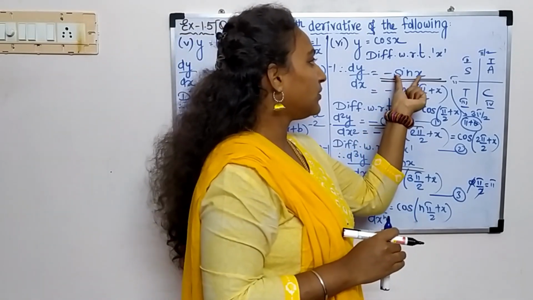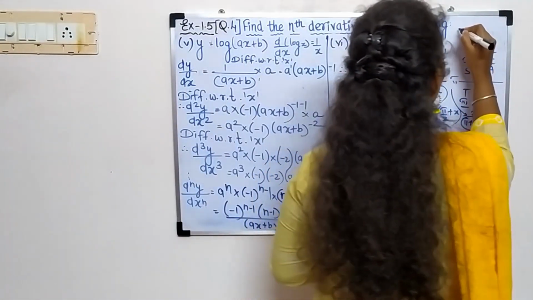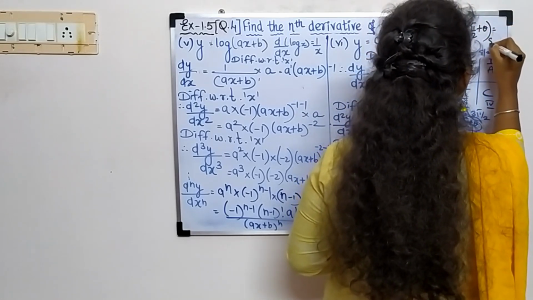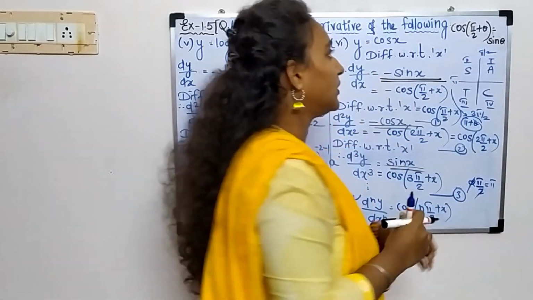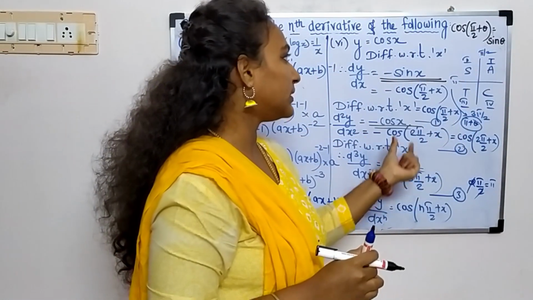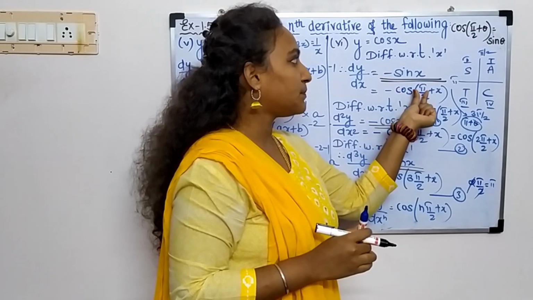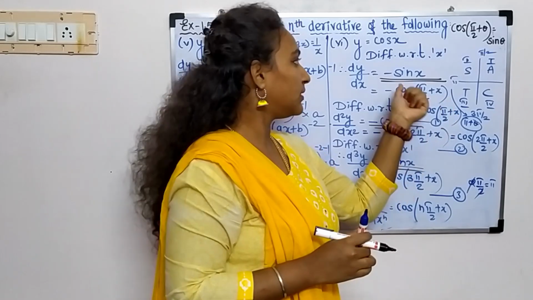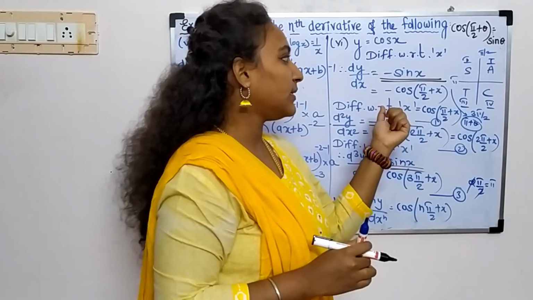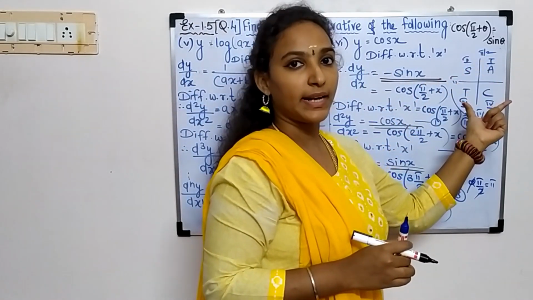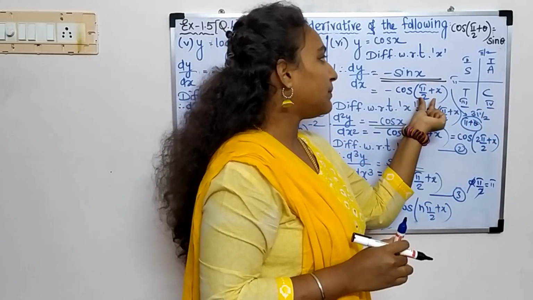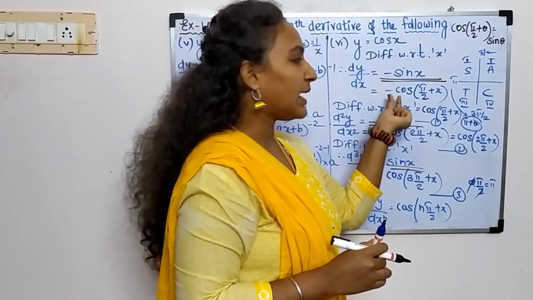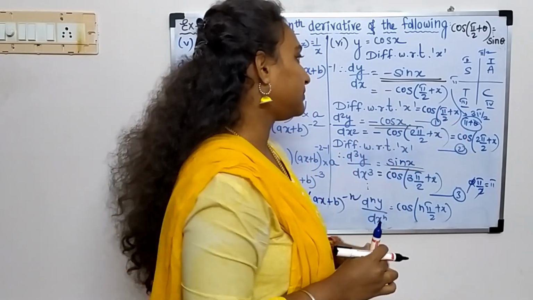Okay, we know that cos of pi by 2 plus theta is sin theta. Using this formula, we have solved this. Sin x is cos of pi by 2 plus x. This is x, so we are taking it as x. To get rid of this minus sign, we have calculated our trigonometric value. Pi by 2, that is our second quadrant. In the second quadrant, cos is negative. So minus into minus will become positive.